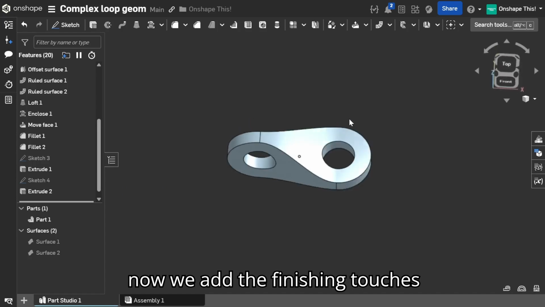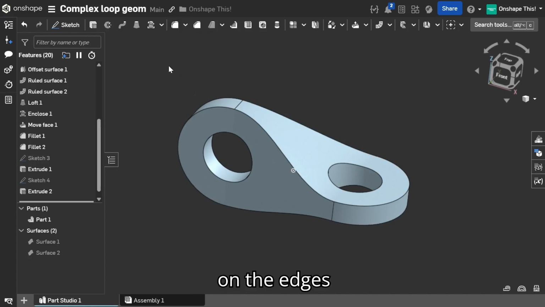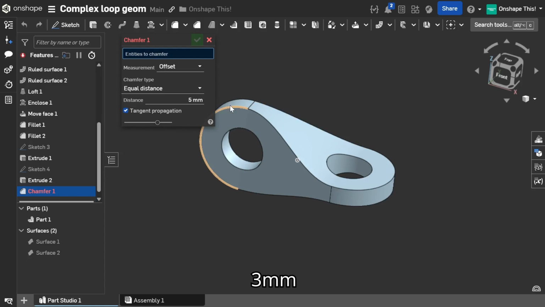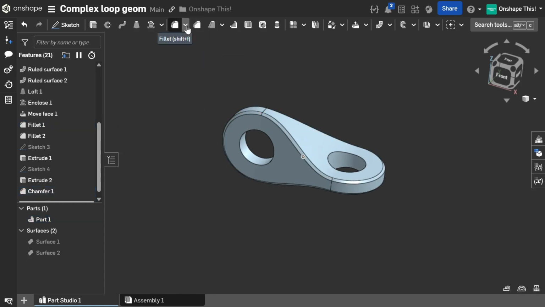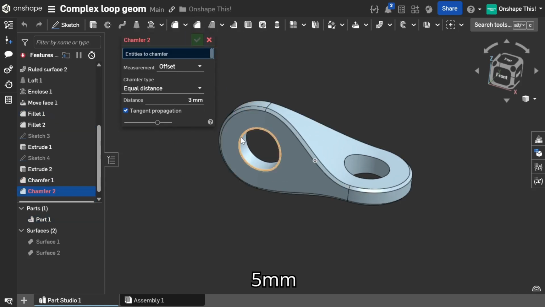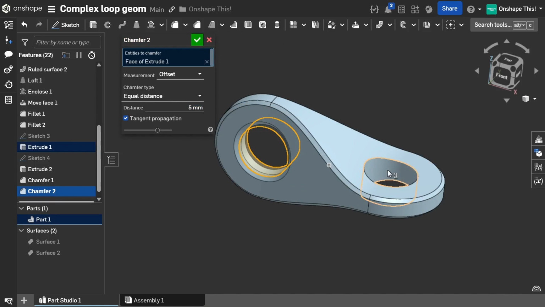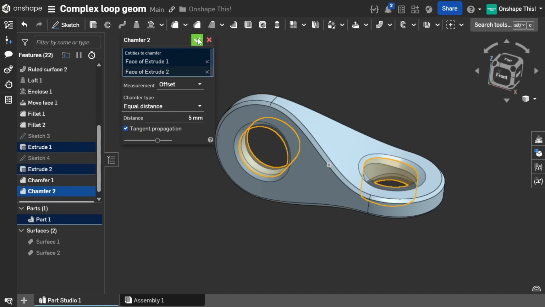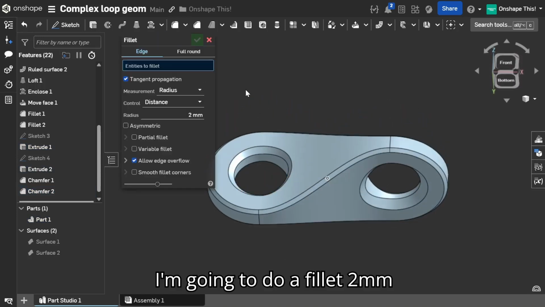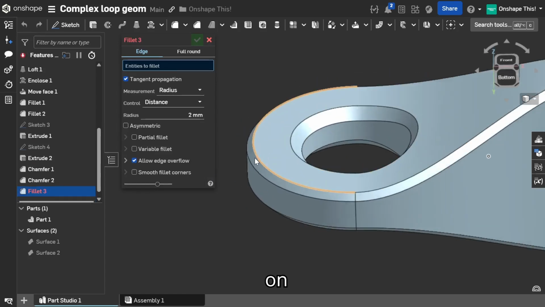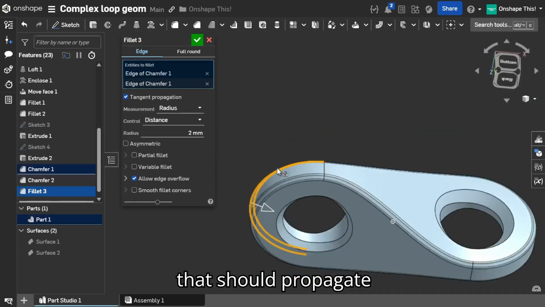so now we add the finishing touches. I'm going to do a chamfer on the edges, 3 mm, and I'm going to do another chamfer, 5 mm there, and then lastly I'm going to do a fillet, 2 mm on these edges, and that should propagate across the whole part,